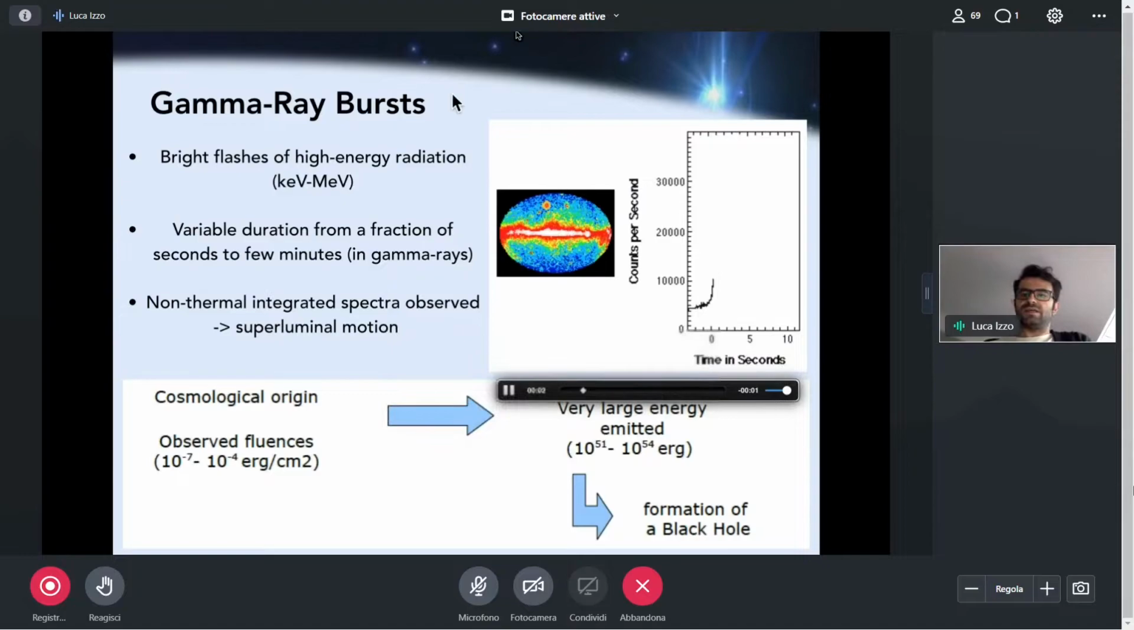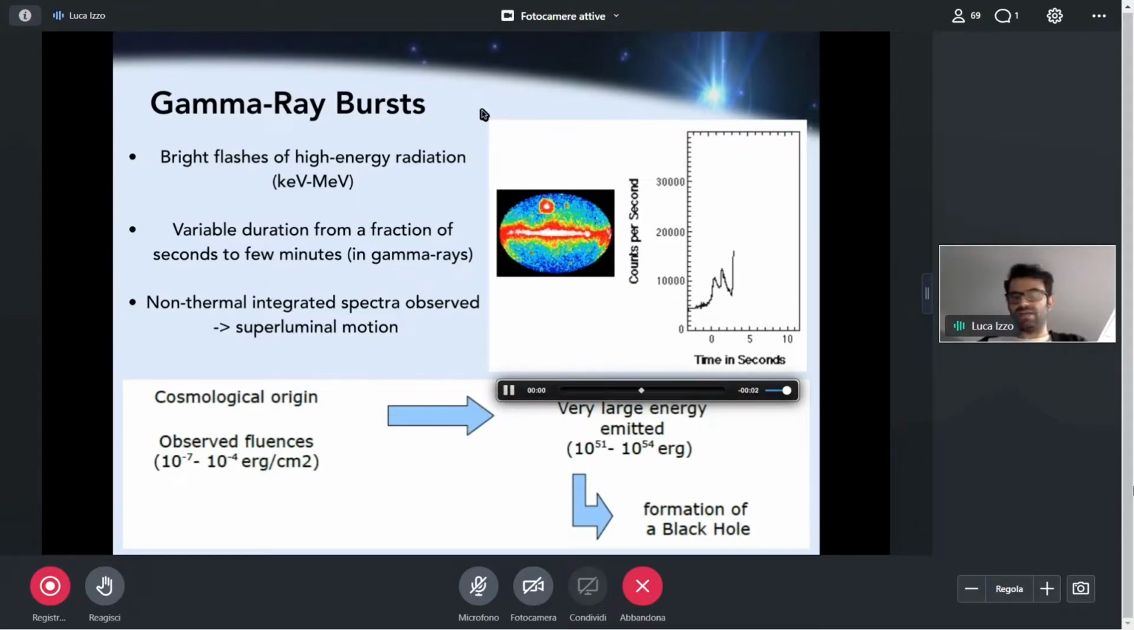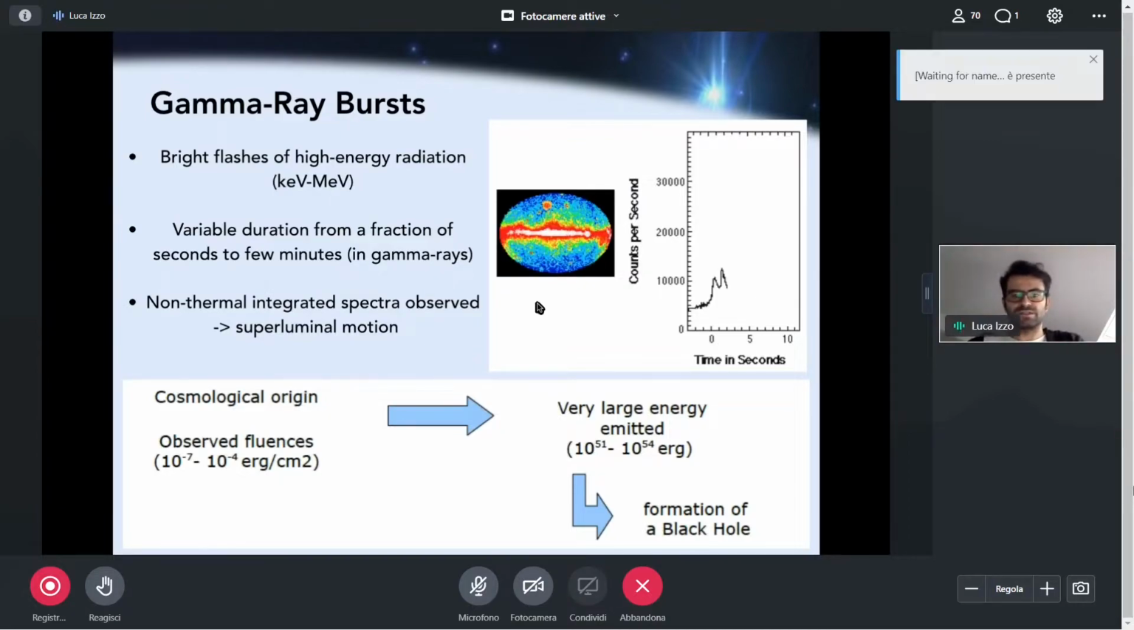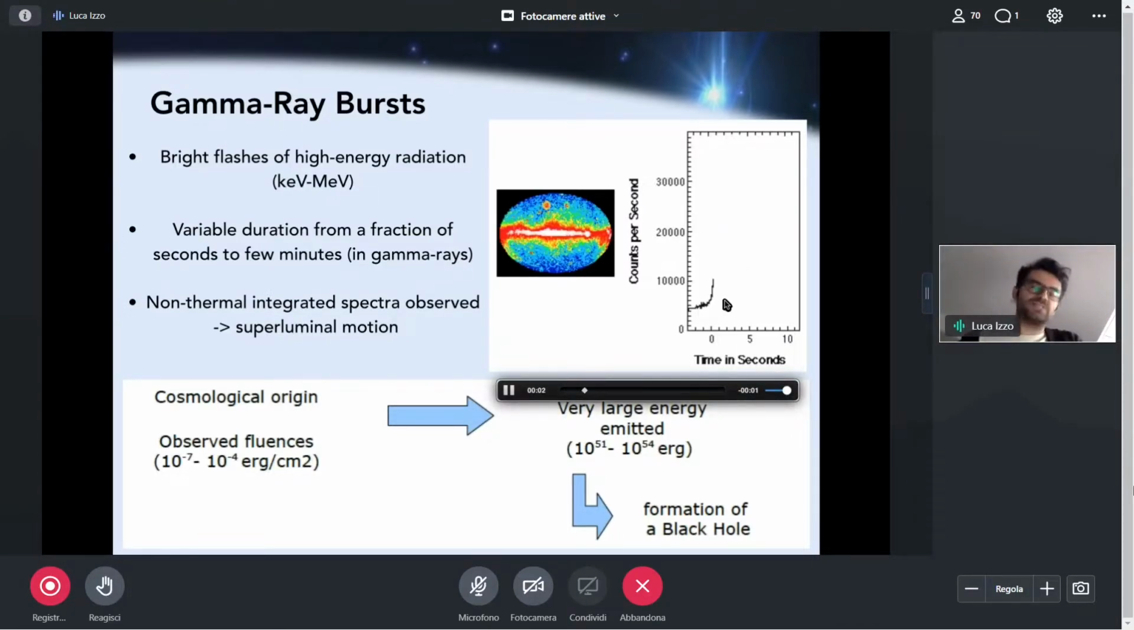As you can see in this small PNG file, they are bright flashes of very high energy radiation emitted in gamma rays, in the keV to MeV energy range, and their emission in gamma rays is very heterogeneous, with a light curve duration that can vary from a fraction of a second up to a few minutes. The spectrum emitted by these events, and by spectrum we mean the distribution of the photons in the gamma ray energy range, is mainly non-thermal emission, which, together with the millisecond variation of the light curve, suggests a superluminal motion, a highly relativistic